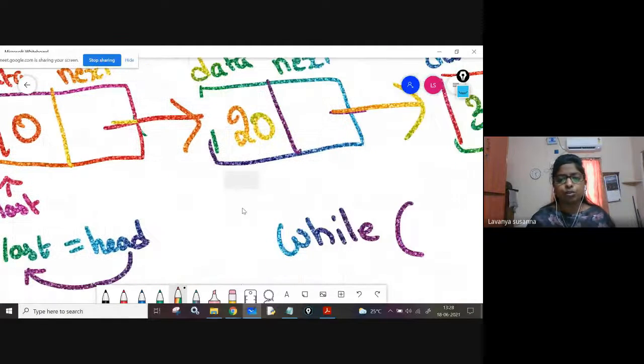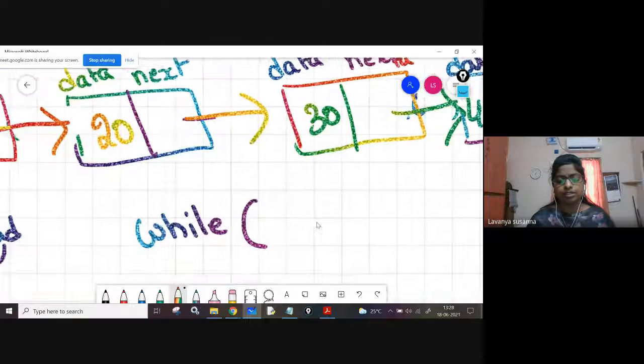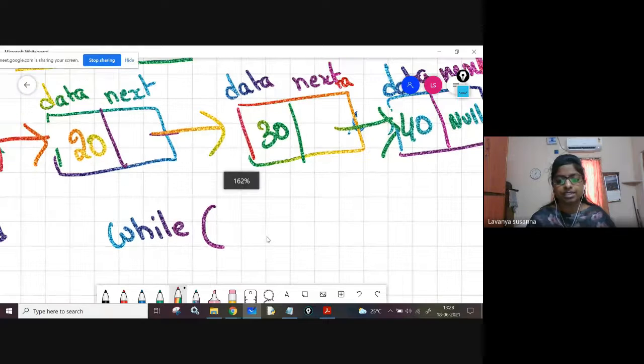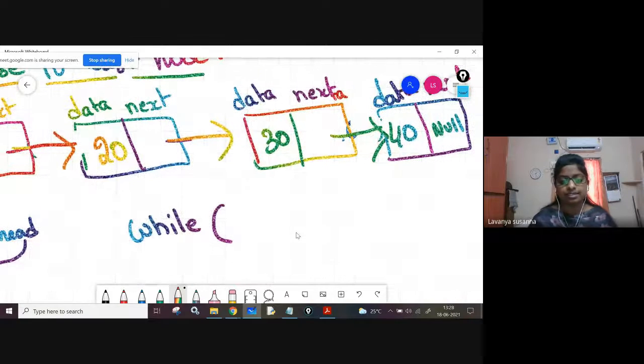So when you have to move, you are using while loop. That means you have to traverse. You should keep on repeating one step. So based on some condition only you need to repeat, right? So what is the condition? Last of next. See, using next field only we are going to traverse. If next field not equal to null only, you need to go to the next node.